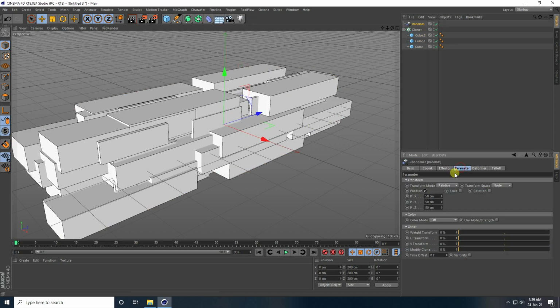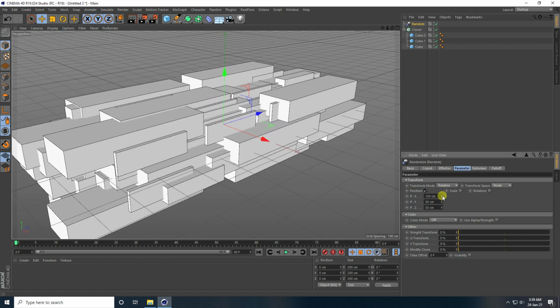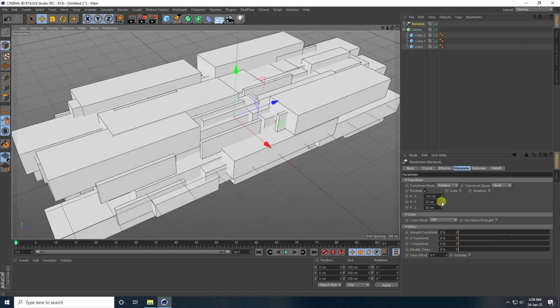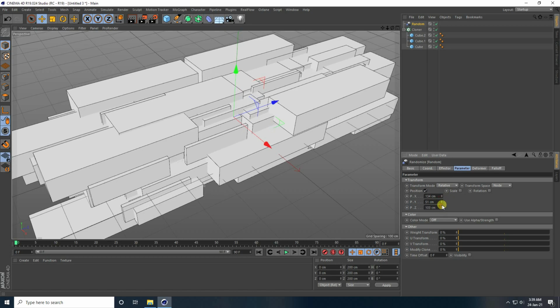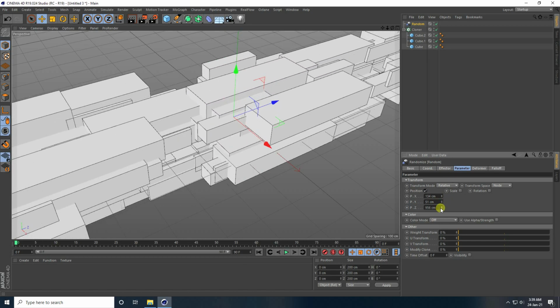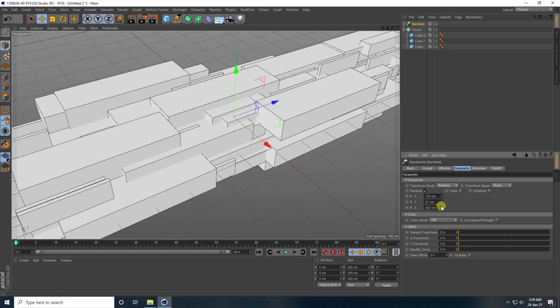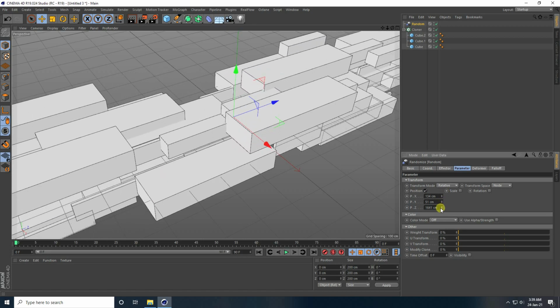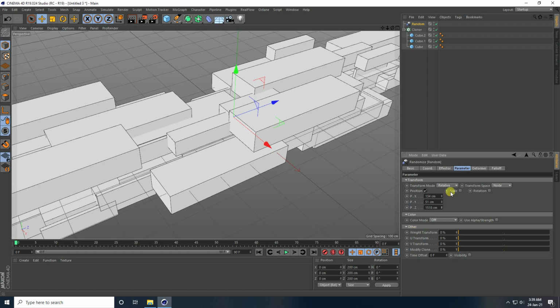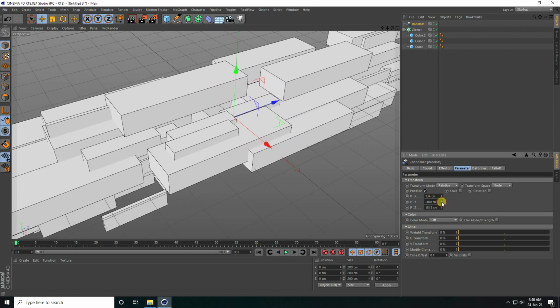Select this parameter and change the position like this, with the y-axis good and x increased.